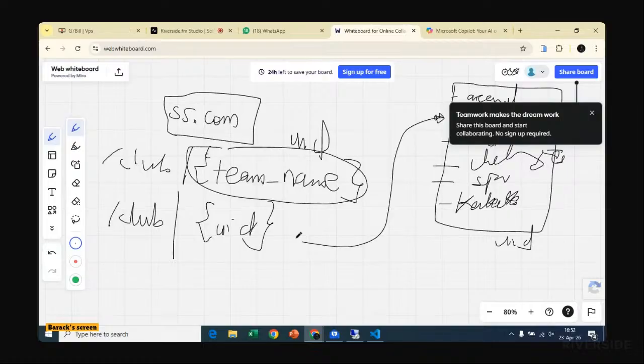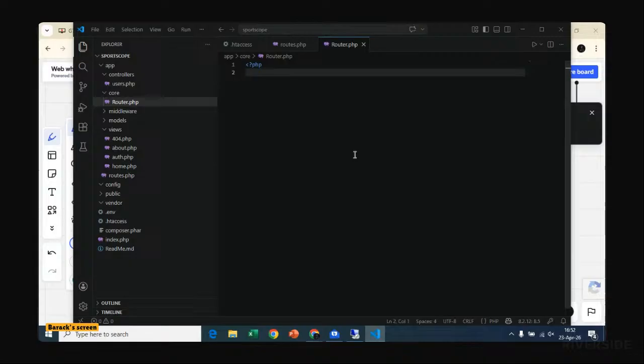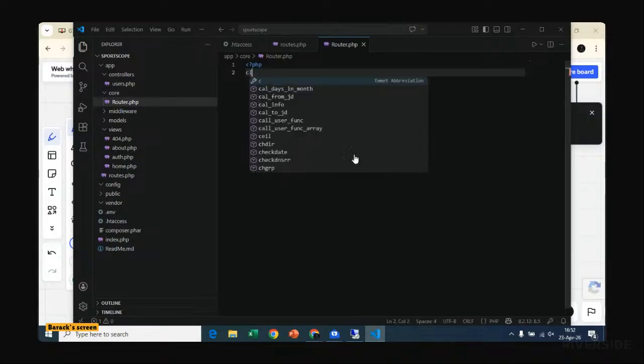And then after that, we dispatch to a callable handler, and we should be able to handle the 404 that we deleted from the index.php and 405 methods not allowed in our routes. So to do that, we shall say class